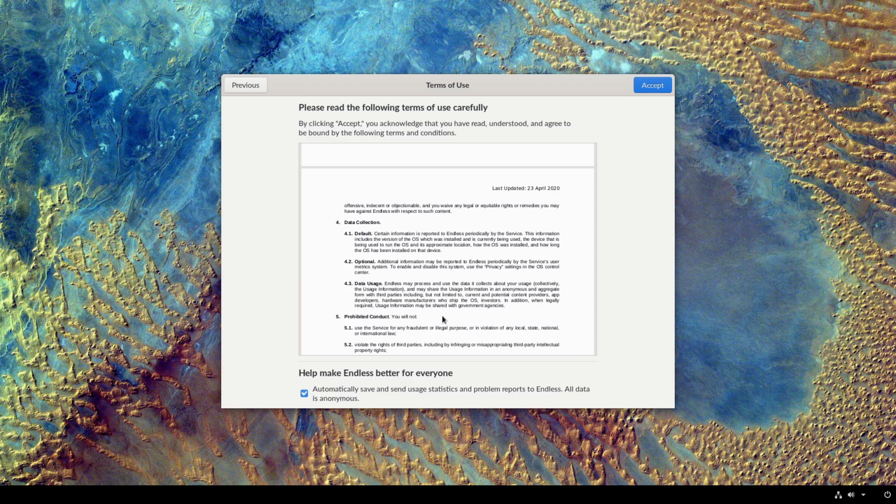But they're saying they will use this information for third parties, limited, including but not limited to current and potential content providers, app developers, hardware manufacturers who ship the OS, investors, and that's a whole laundry list of people who don't really need to know that information.